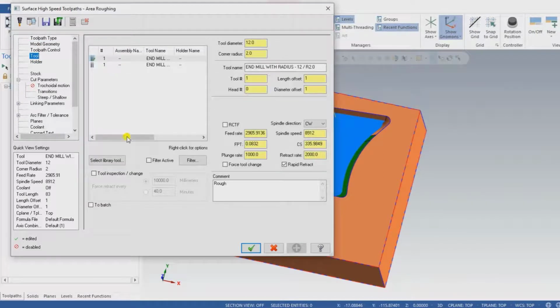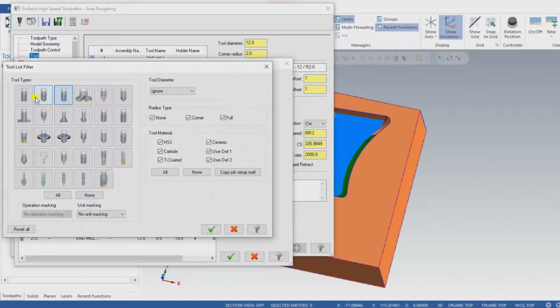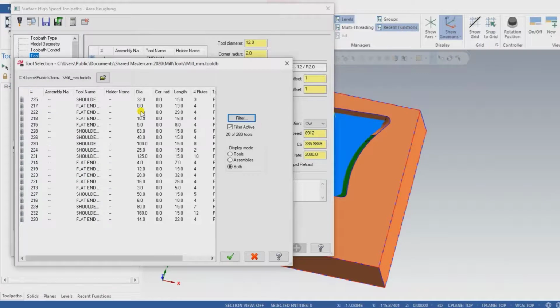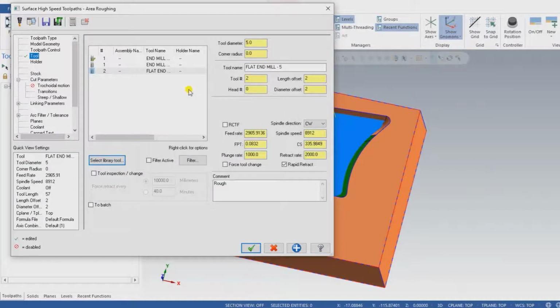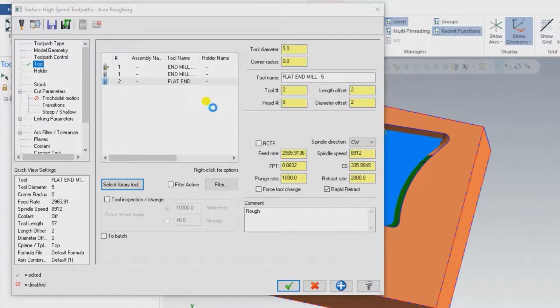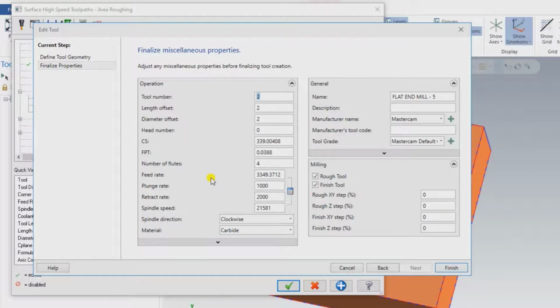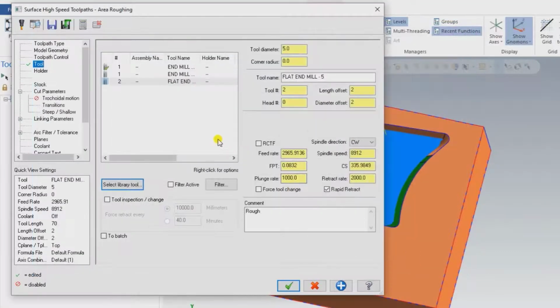I have to change my tool, so I have to go to the tool, select the tool library, and now I have to select the A1 end mill. Let me select the A1 end mill, that is my 5 mm end mill, and I have to go to edit tool and increase the total length of my tool, because the total length is 57 mm, but it is required to be more than 70 mm. So I just change my projection length, that is how much of the tool will exit in my part.